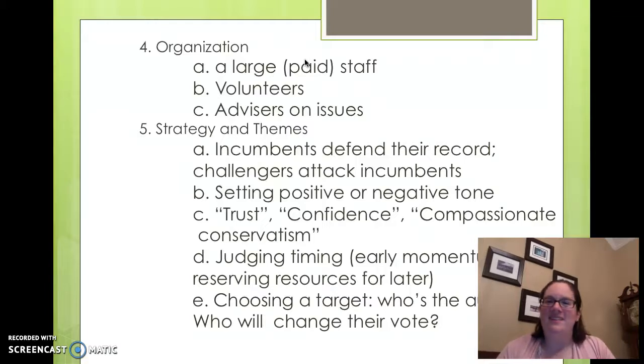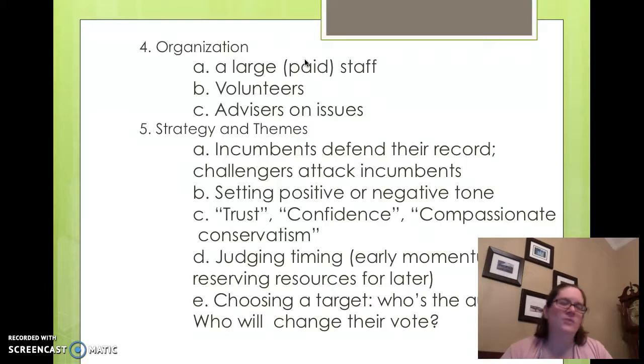Wanting to run for president, you've got to have a strategy. Incumbents, people who are already in office, typically defend their records. This is why I did what I did. This is why I voted yes. This is why I voted no. Challengers attack the incumbents, saying he shouldn't have done this or he shouldn't have done that. The book says they try to set a positive or negative tone. They can start positive, but we all know by the end people are mudslinging. That negative tone doesn't take real long to come through,